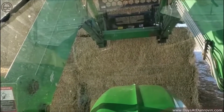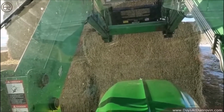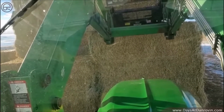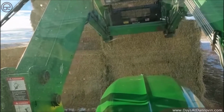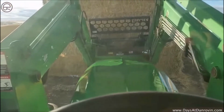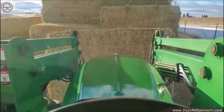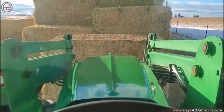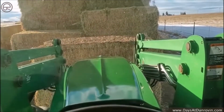believe it or not, this is very, very top heavy. Set it down easily, gently. And then drop that down where I can just kind of back out of it and reposition